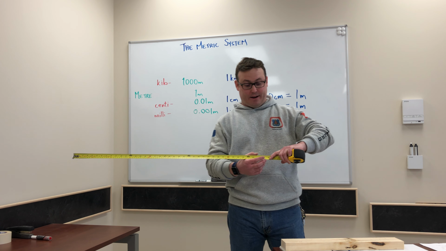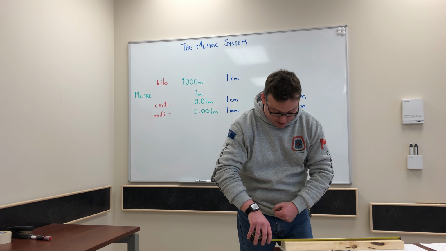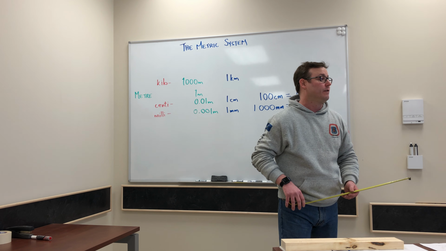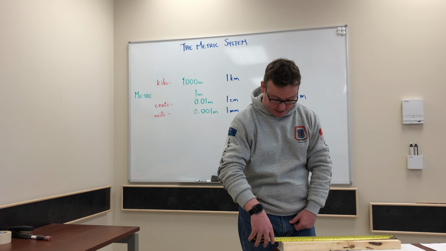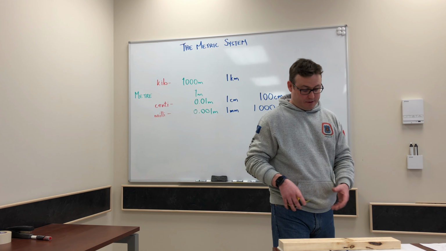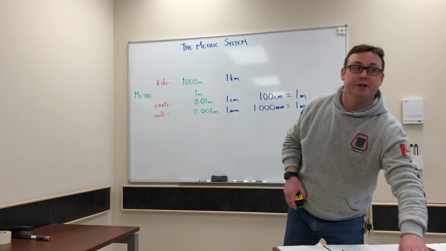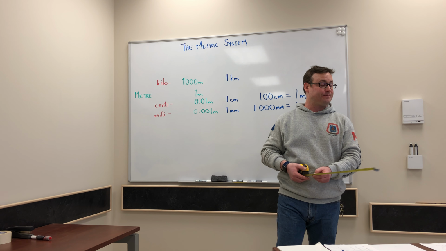So we're going to measure this 2x4. It's the exact same way as if you were measuring it with the imperial system. Hook your tape, read to the end. I can read this all the way down to precisely 557 millimeters. And because it's on my tape, I can find out that's 22 inches. So nothing changes when we're measuring using the metric system. It's all on our tape, we just read out the values.